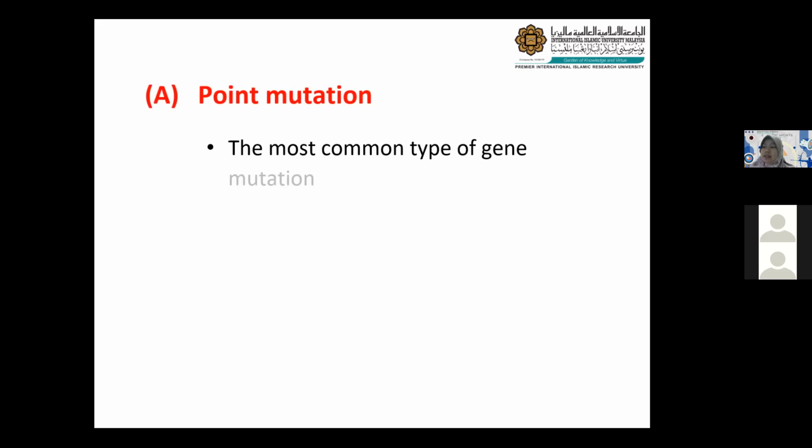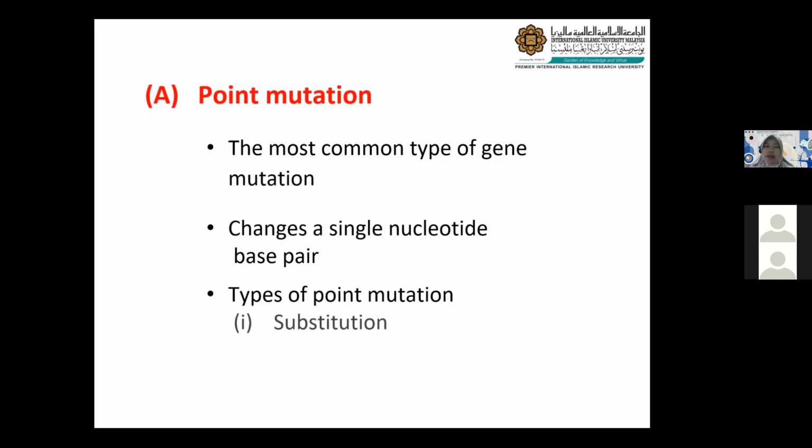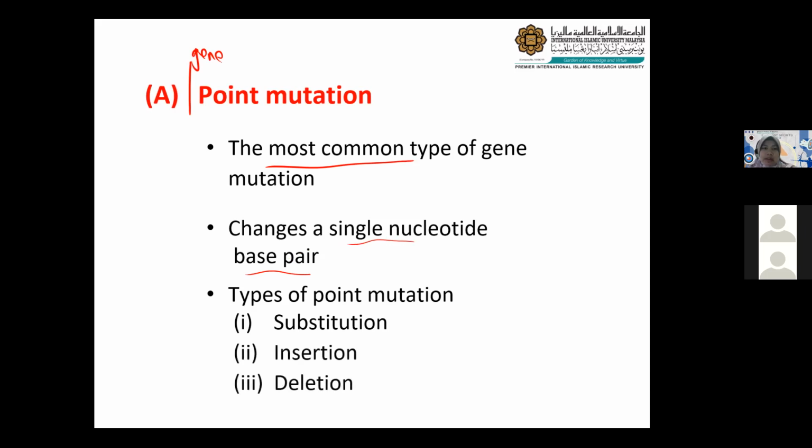Okay. Let's start with point mutation. Ingat tadi mutation ada dua, gene mutation atau nama lainnya point mutation, and yang kedua nama dia chromosomal mutation. So point mutation or gene mutation is the most common type of mutation. Yang lebih banyak berlaku ialah dalam bentuk gene mutation. It changes a single nucleotide base pair, and that is due to substitution, insertion, or deletion. Ini sebab-sebab dia yang menyebabkan point mutation happen. Okay. Let's discuss